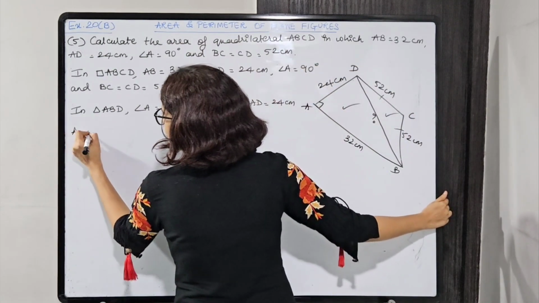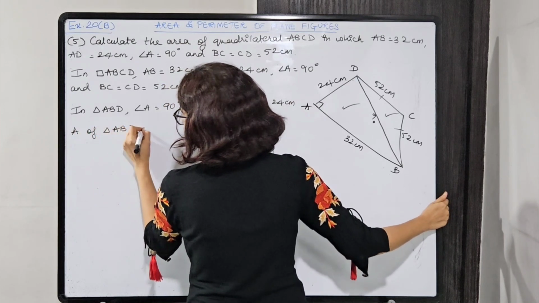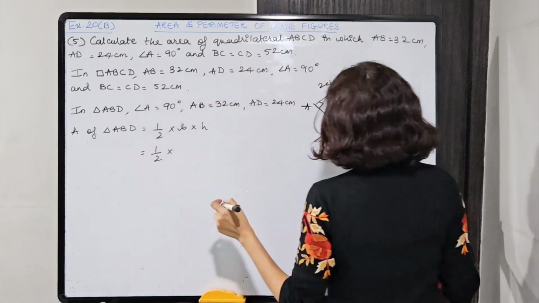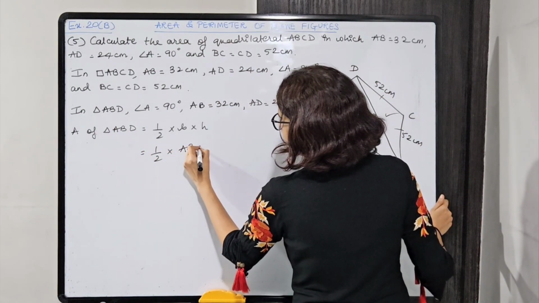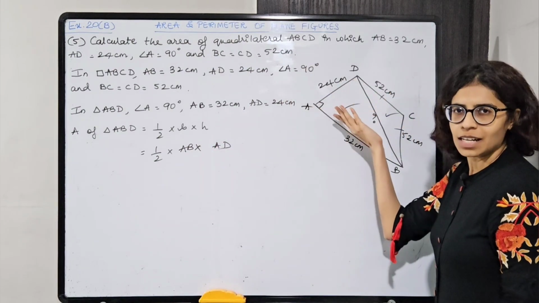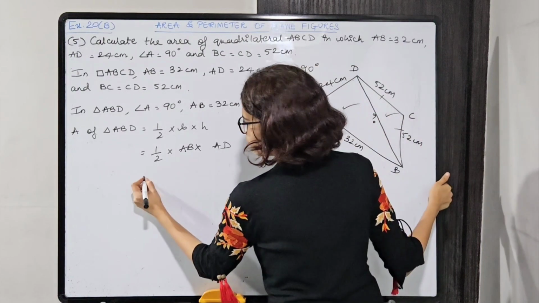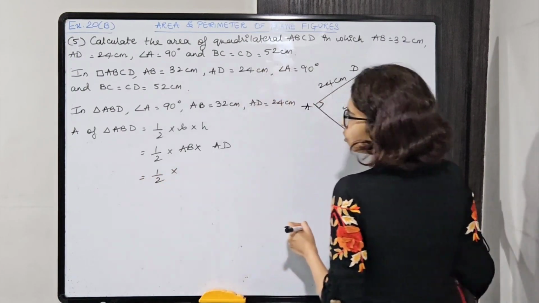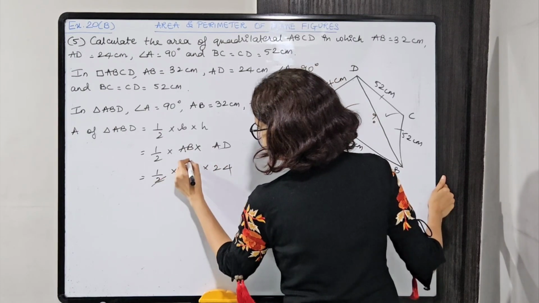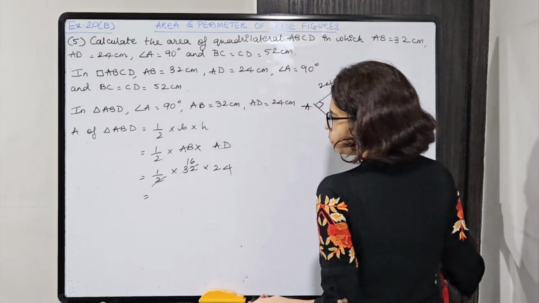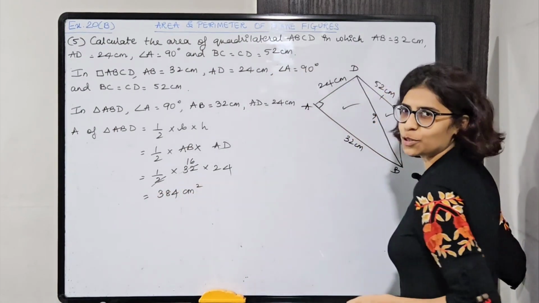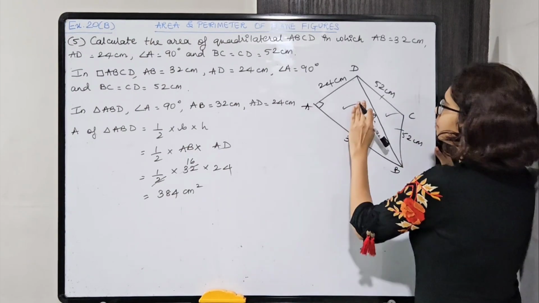So area of triangle ABD will be half into base into height, that is half into base AB and height AD. Okay, take any one as base and other one as height. Okay, does not matter, ultimately multiply कर रहे हैं. So AB is 32, AD is 24. 16 into 24, that will give 384, right? Don't forget the units. So 384 square centimeter है,